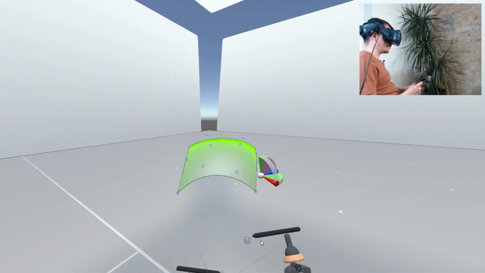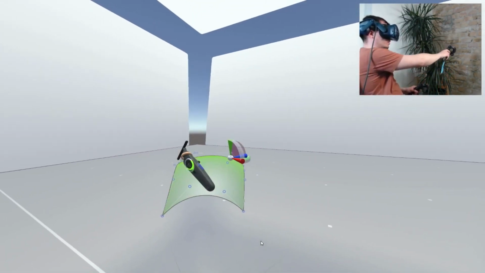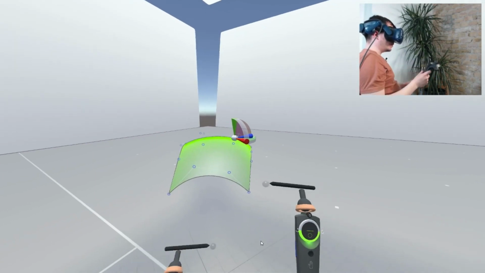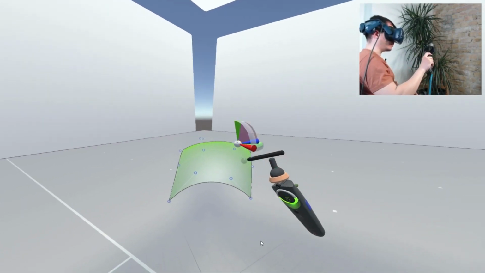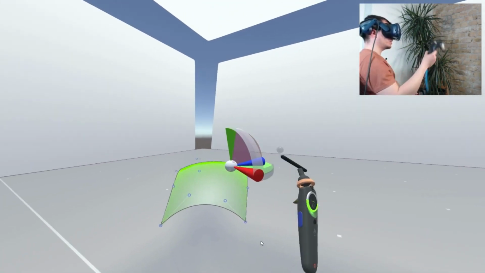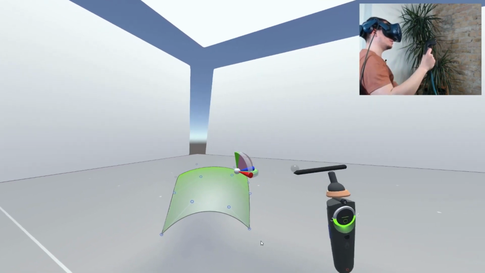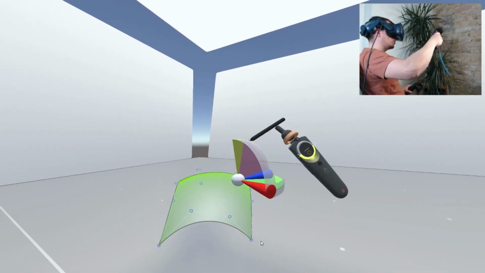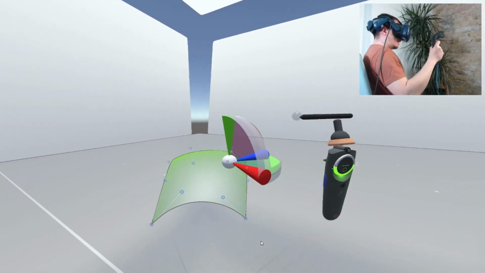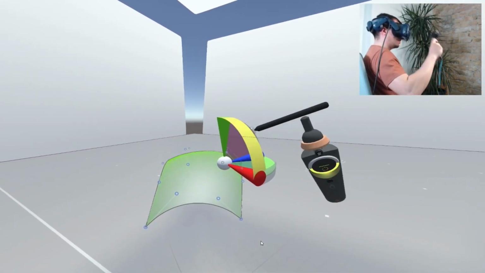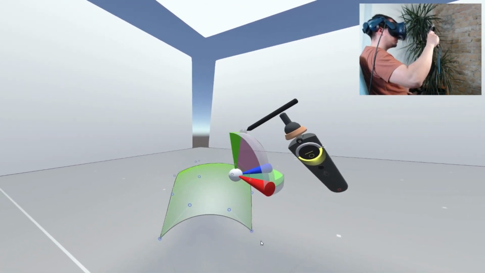It's a bit similar for the rotation. The center of the rotation, by the way, follows my controller, so it's always reachable. The center of the rotation is always the center of this ball, and to do the rotation you can imagine it's like grabbing a disc at its edge and pulling. If I want to rotate around this blue axis, I need to pick this corresponding band and just grab it,